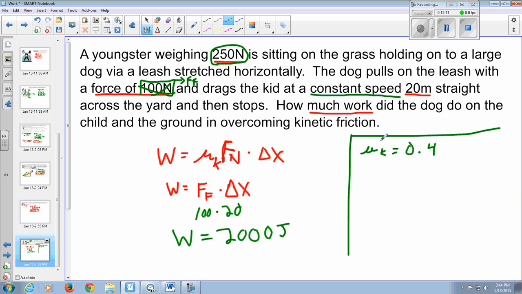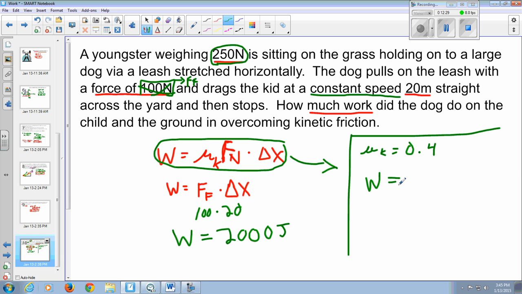We know the weight of the kid. We know he's sitting on the ground, so force normal equals force weight. So in this alternate situation, we could solve it with this equation,